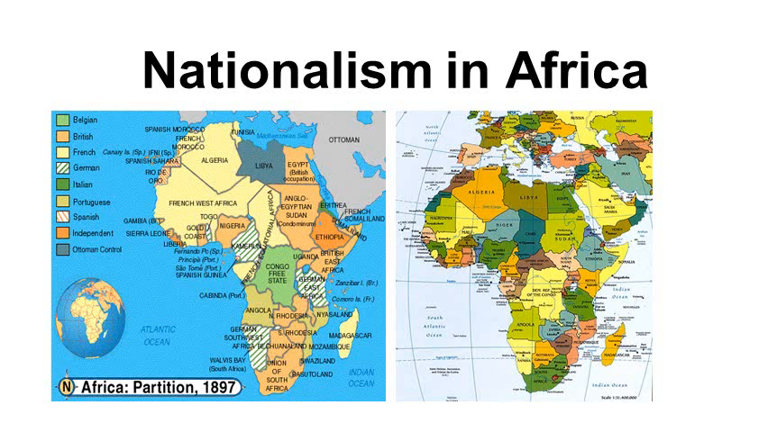Nationalism in Africa. On this slide, you can see the division of Africa in 1897 among the different European powers, and you can contrast that with the map on the right, which shows a much more modern view of Africa. Let's talk about how Africa went from being almost completely colonized by European nations to a series of independent states